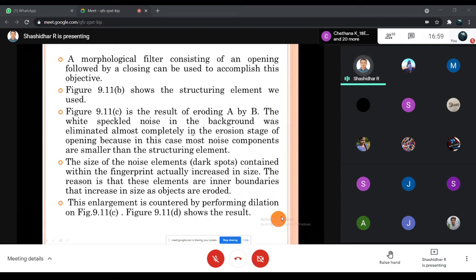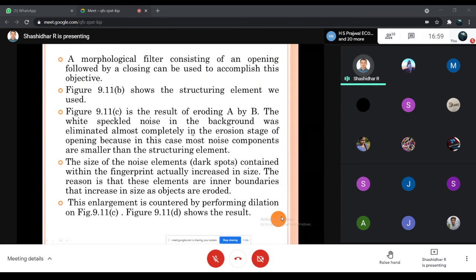Okay, and then the size of the noise elements, the dark spots contained within the fingerprint, actually increased in size. The reason is that the elimination of inner boundaries increases the size of the objects that are eroded.